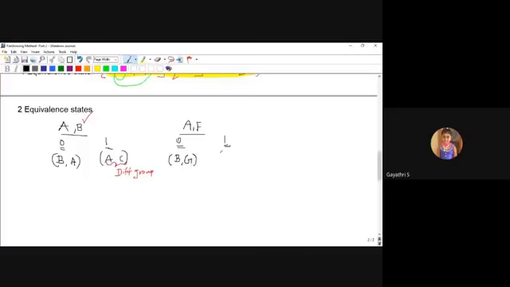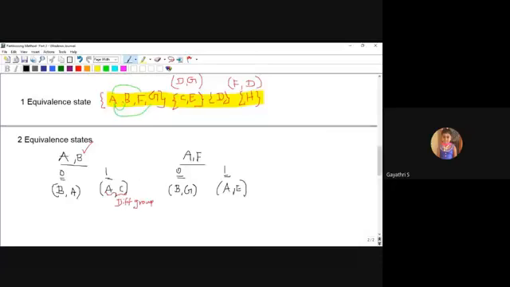BG is in the same group. AE: A is in the first group, E is in the second group, so this moves to a different group. So on receiving 1, A moves to the second group, the E group, so F is segregated.